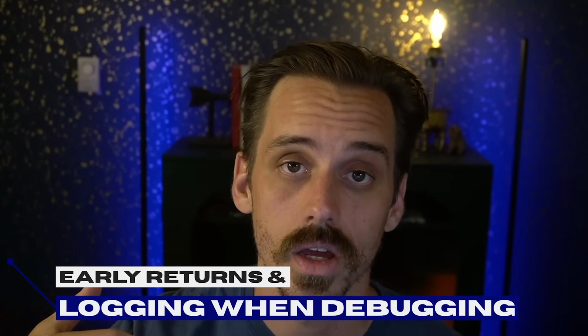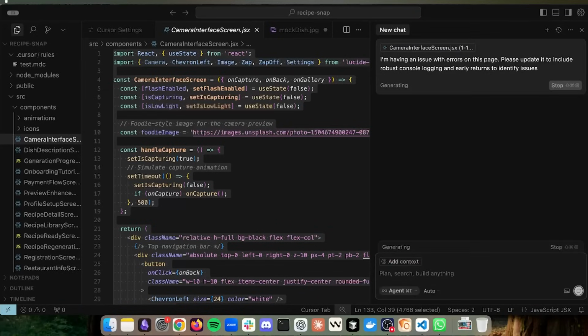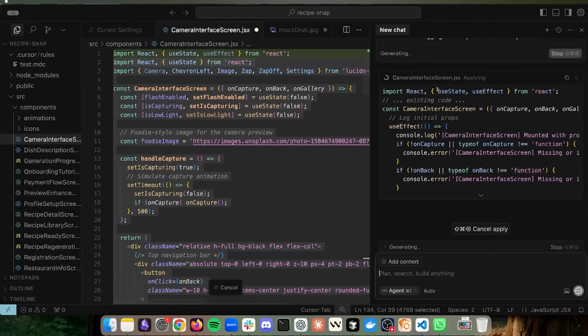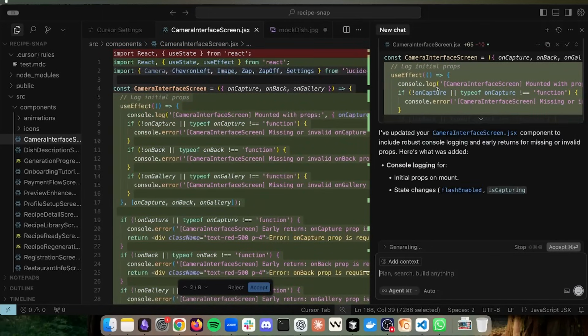Tip 15, add early returns and logging when you're debugging. So a huge pro tip when you are debugging code or building functions is to ask the system to add in early returns and robust console logging. LLMs are actually surprisingly good at solving a problem when you give them the logs of what is happening at each execution stage in order of your code. It can hone in pretty quickly on the things that are going wrong